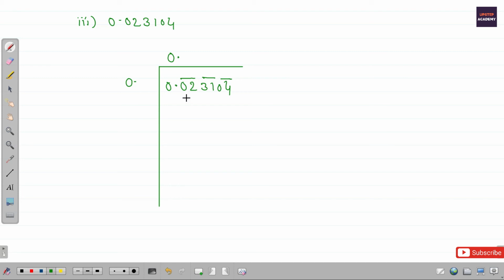We want such a number below this 0 2 which is a perfect square. So 0 1 is the perfect square, and it is the square of 0.1, because 0.1 into 0.1 is 0.01. So of course here too we will write 1, and simply we will do the subtraction over here. Okay, so the subtraction will give 1. We don't have to deal with these zeros again. Now we will take into consideration this second group, which is 31. The number we got over here is 131.